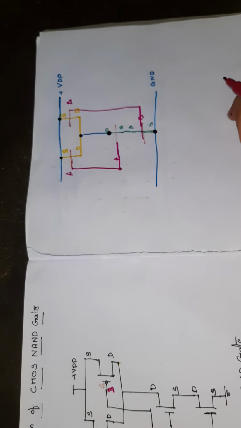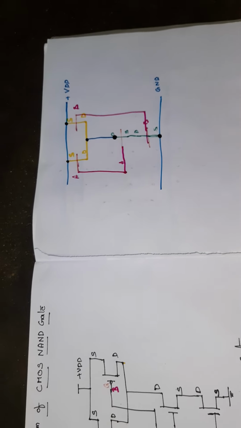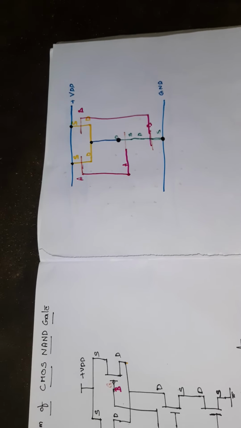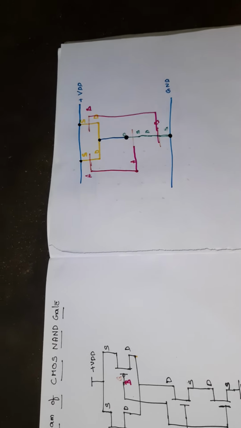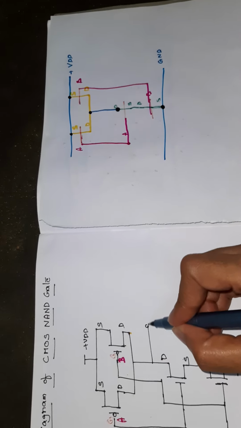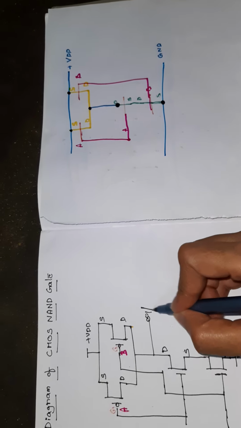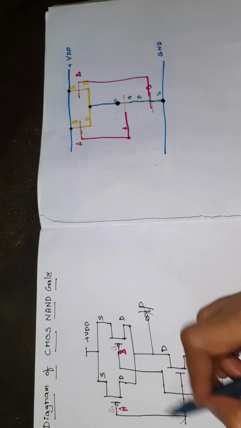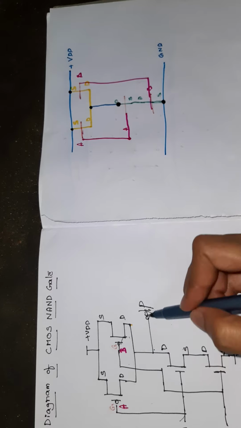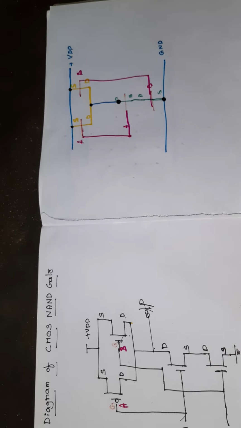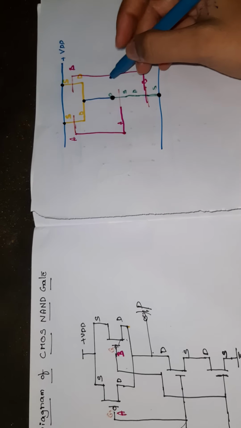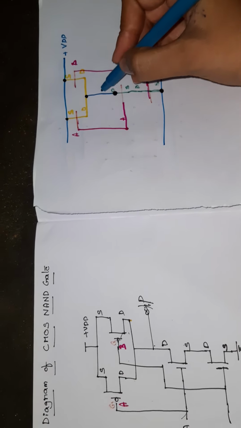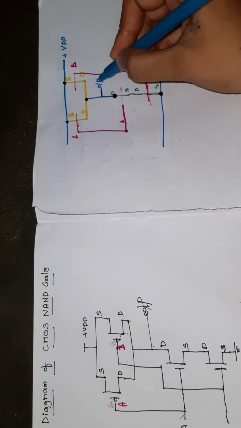Contact points completed. So next, coming to the input and output indication, output terminal indication and input terminal indication. So see here, output and input indication from the circuit. So this is the output, right? Already we have indicated the input terminal. So you have to indicate the output terminal here, using the metal layer only. So this is the pull up network, pull down network. So this is the output terminal.